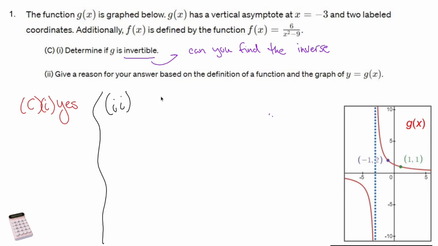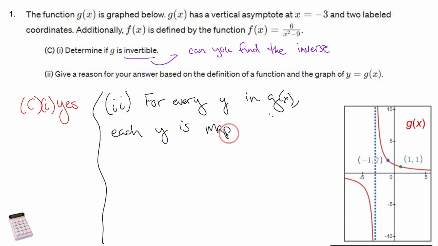So what we could say is for every y in g of x, each y is mapped to exactly